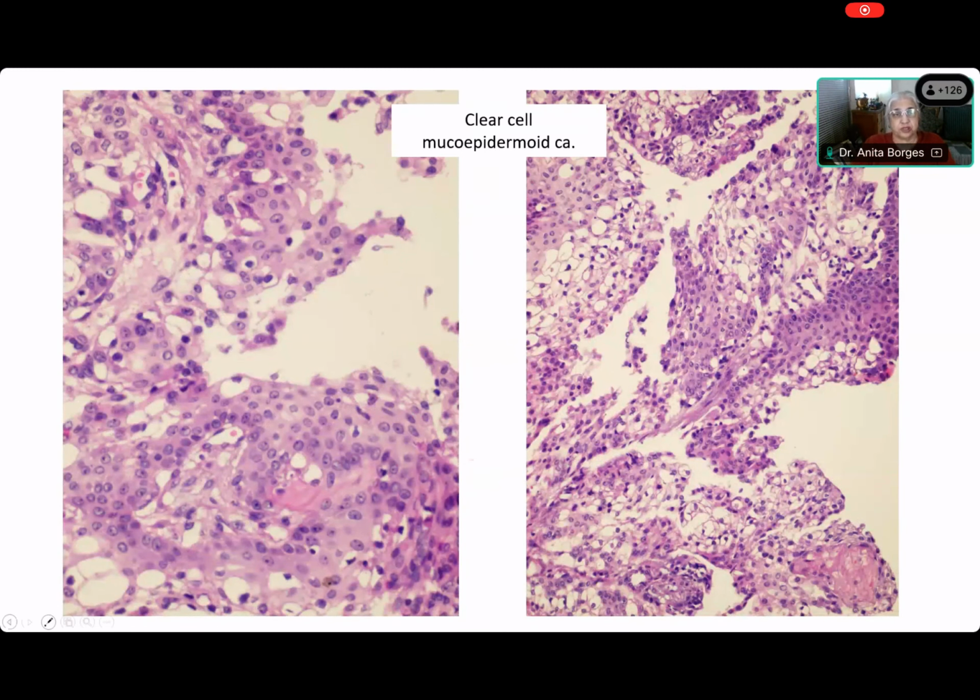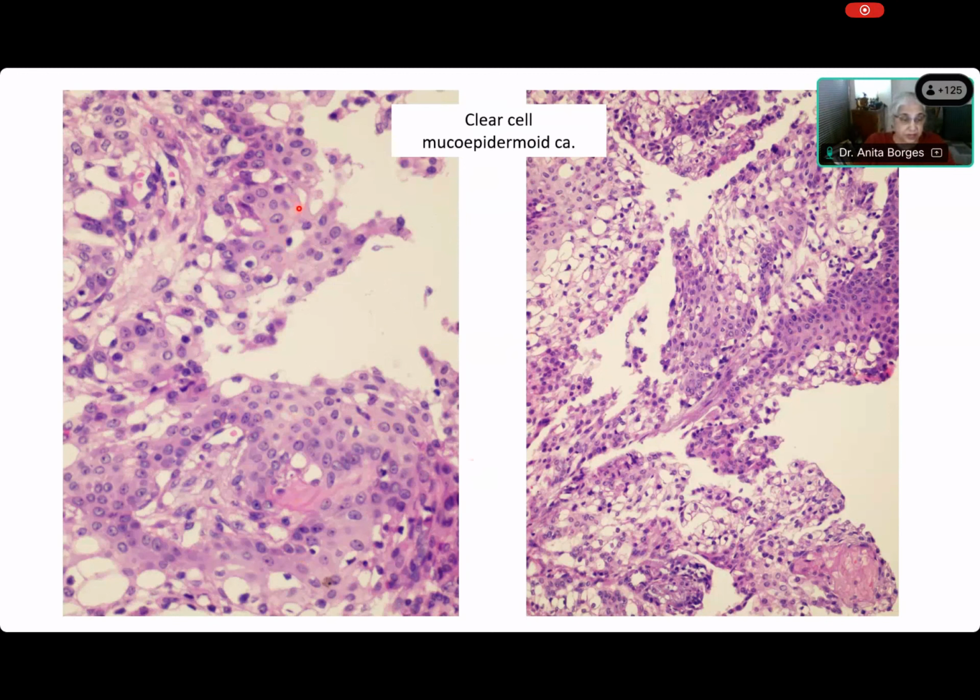But this is what is important. Okay, in a clear cell mucoepidermoid carcinoma, any mucoepidermoid carcinoma, nobody should make a diagnosis unless you see epidermoid and intermediate cells. There they are. And these are the intermediate cells, and you should see them. And if you're not seeing them, please, even if there's mucin in it, be very cautious about calling something a mucoepidermoid carcinoma. Remember that P63 can be expressed in mucoepidermoid carcinomas. So don't jump to the conclusion that P63 is expressed and therefore this is a hyalinizing clear cell carcinoma. No, mucoepidermoid carcinomas can also express P63. Of course, both will be CK and EMA positive.